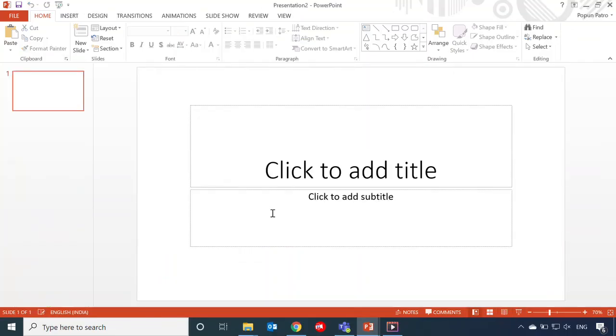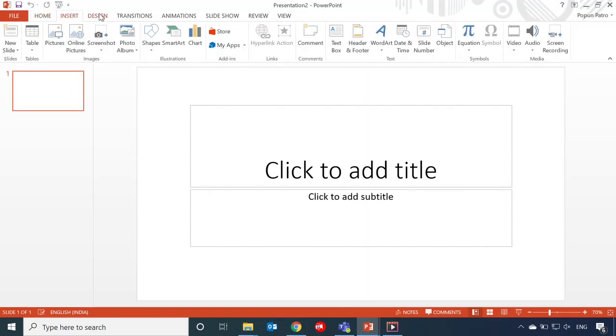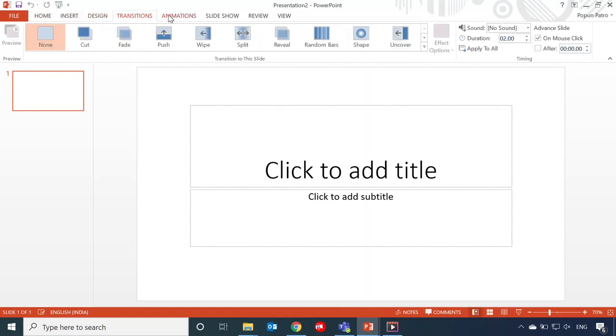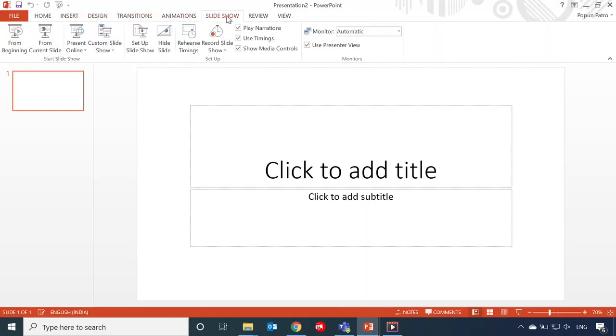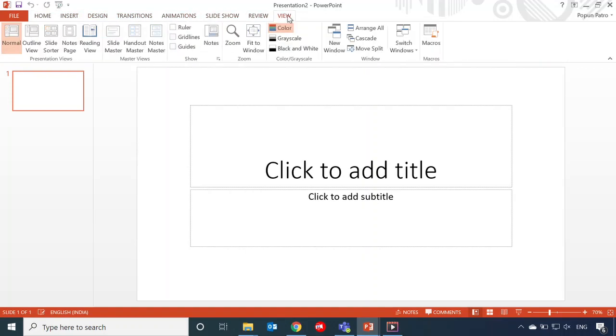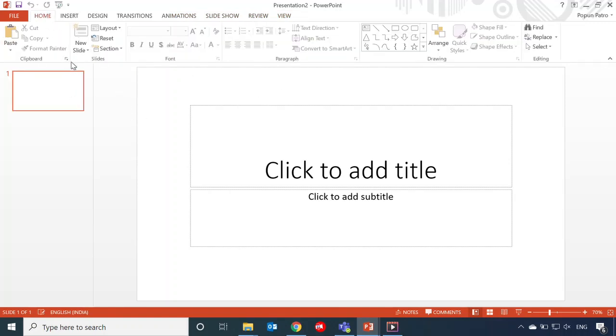This is our new PowerPoint. Here: home, insert, design, transitions, animations, slideshow, review, view. These are called tabs, and clipboard, slides, font, paragraph, drawing, editing. These are called groups.